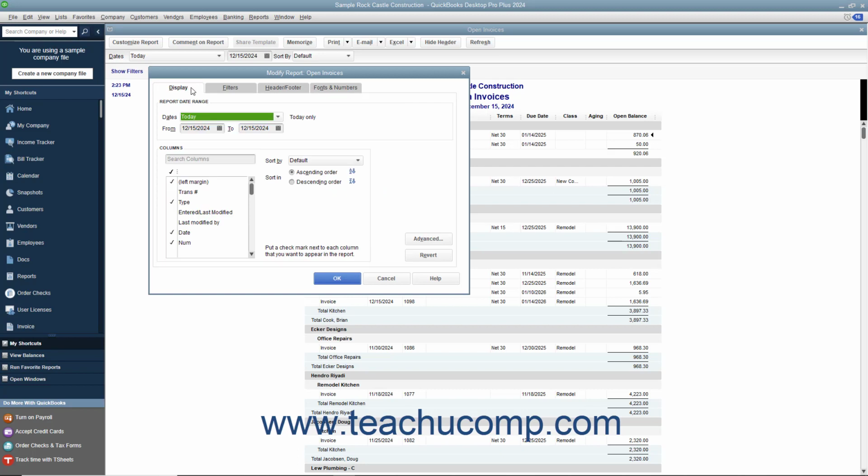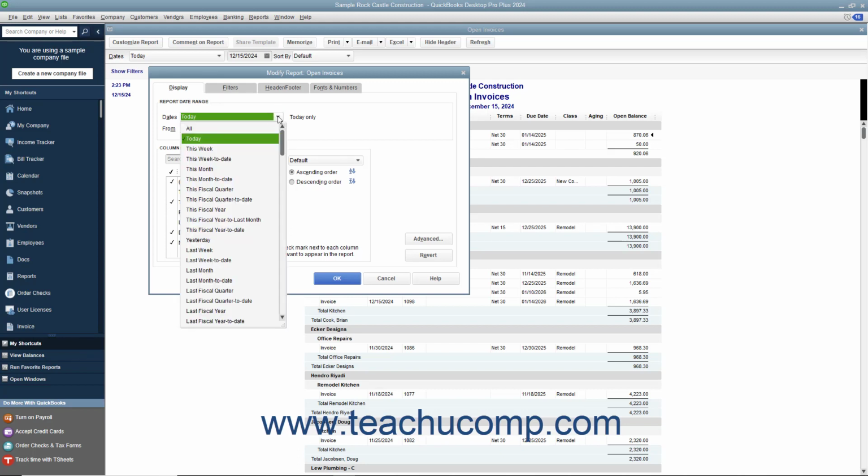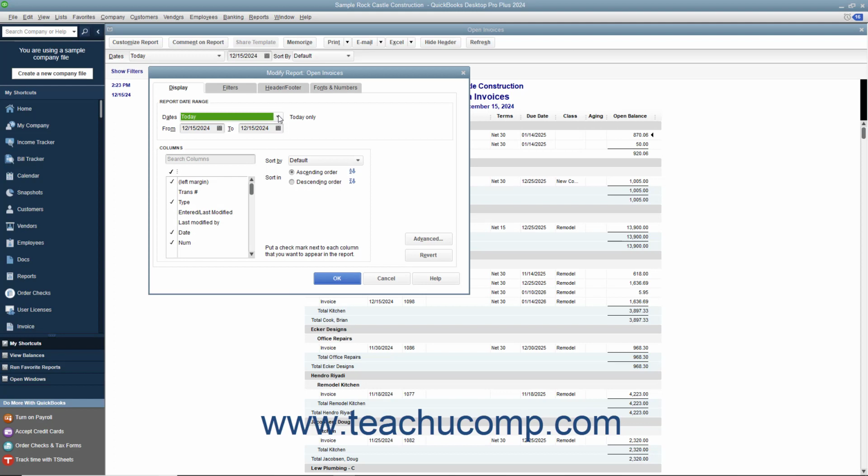The Display tab shows slightly different options depending upon if you are creating or modifying a transaction detail or summary report. For both report types, you use the Report Date Range section to select the date range of transactions used for the report data. You can use the Dates drop-down to select from the most commonly used report ranges. Alternatively, you can use the From and To date selectors to specify a starting date and ending date for the